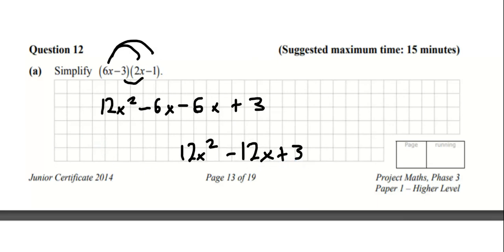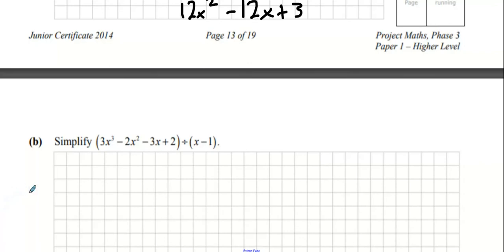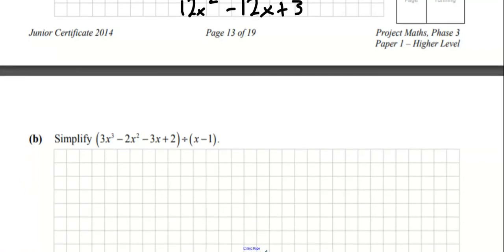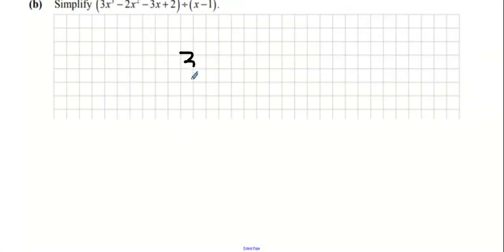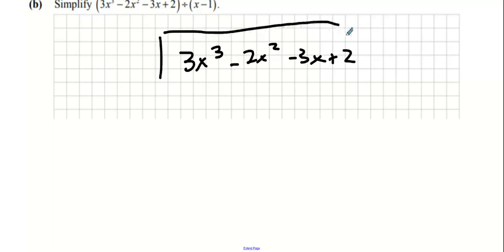Okay. Part B, simplify the following. This is a long division. So it's going to be 3x cubed minus 2x squared minus 3x plus 2, divided by x minus 1. So